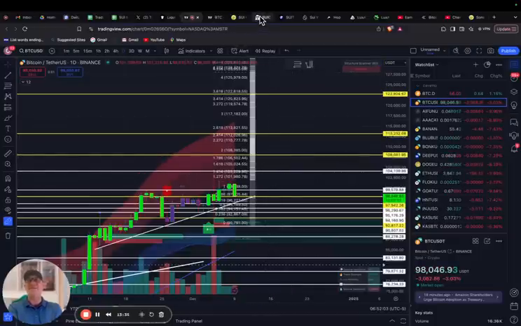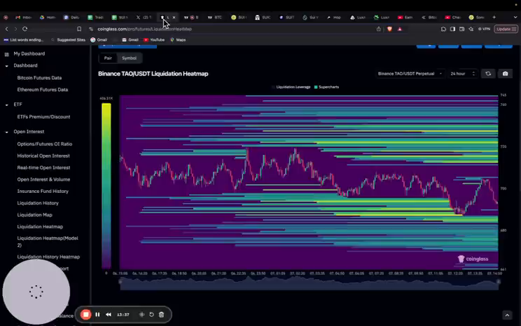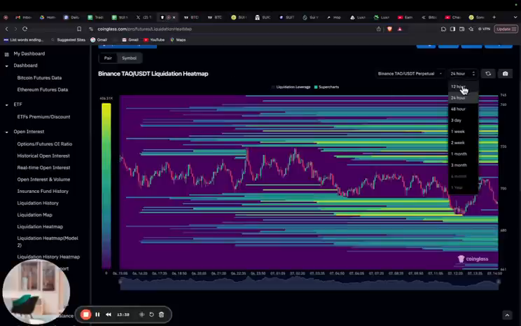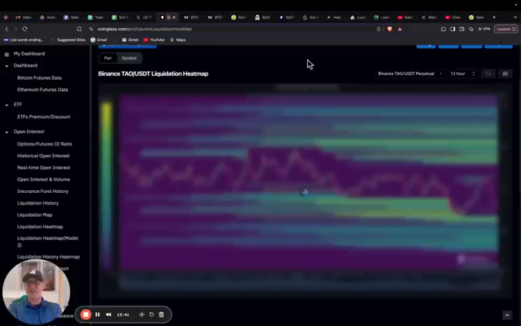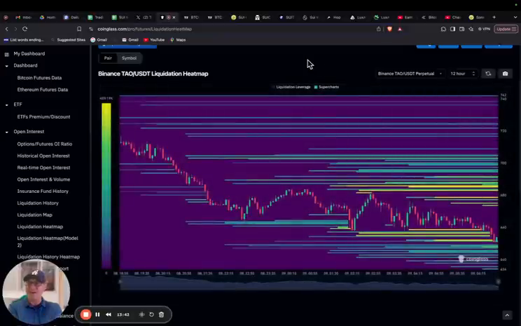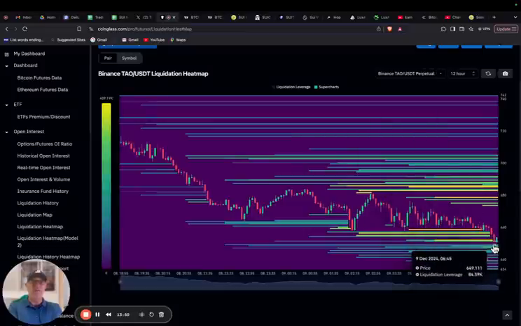Let's look at the liquidation levels here. Let's jump in and see what Bitcoin is doing. We just need to refresh these charts here. This is a free tool called CoinGlass. You can download it as an app to your phone, and you can do more than just Bitcoin. I've got TAU on here at the moment, and I just entered a position on TAU because this is a key Fibonacci area. There's a bunch of other indicators.